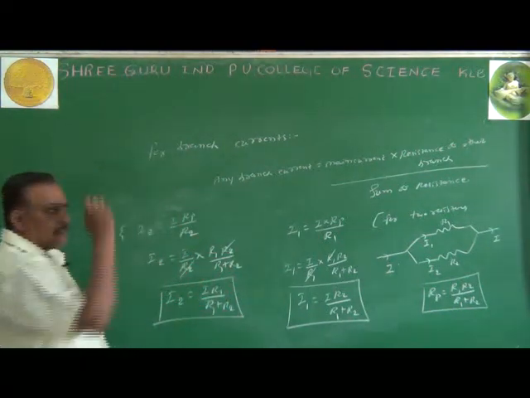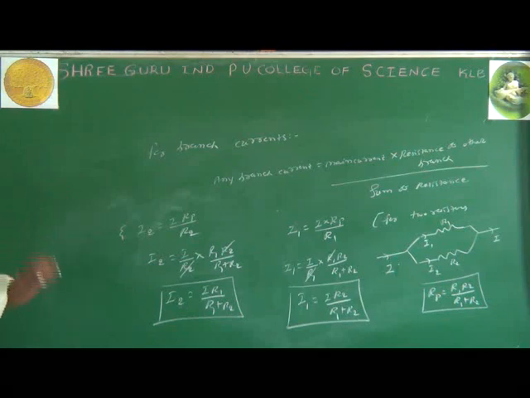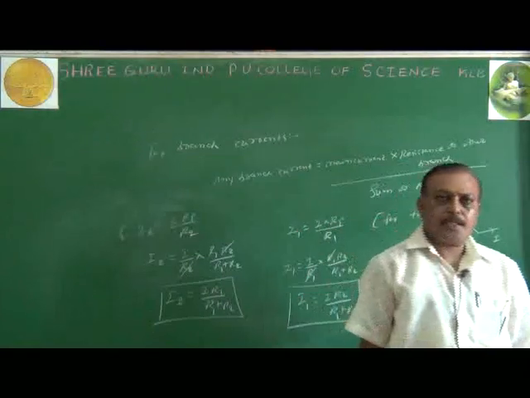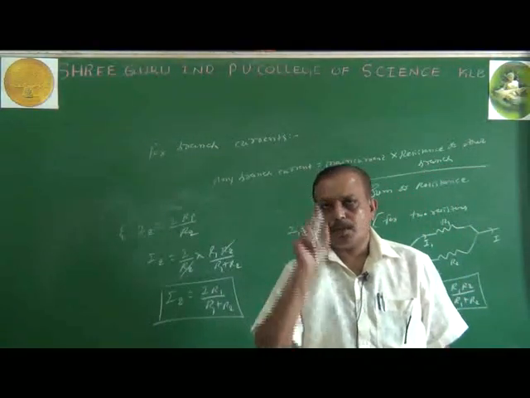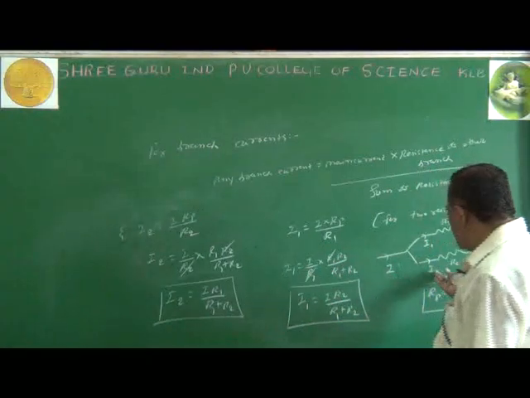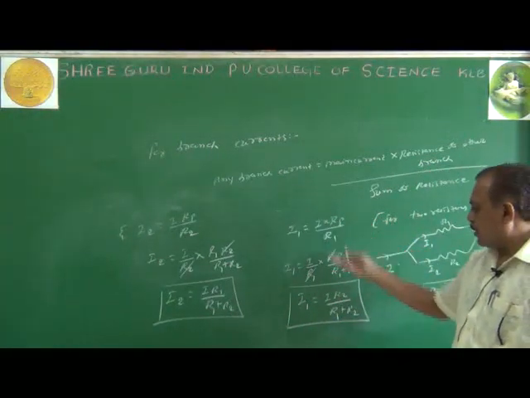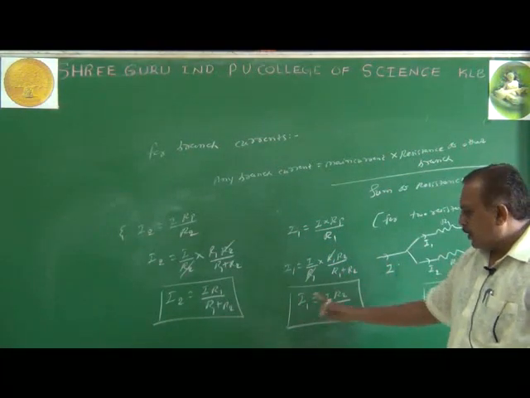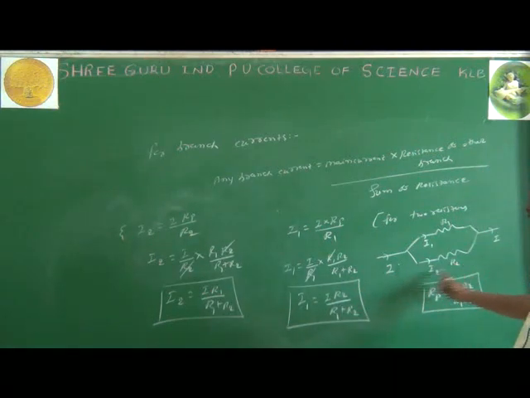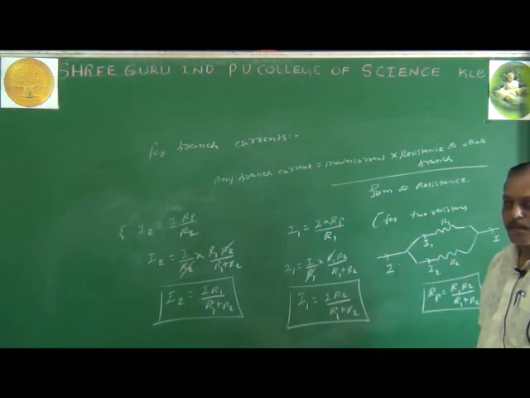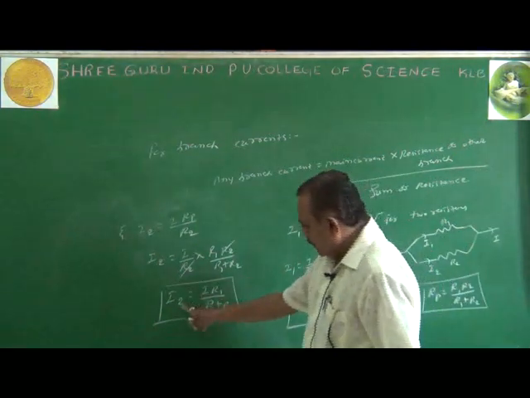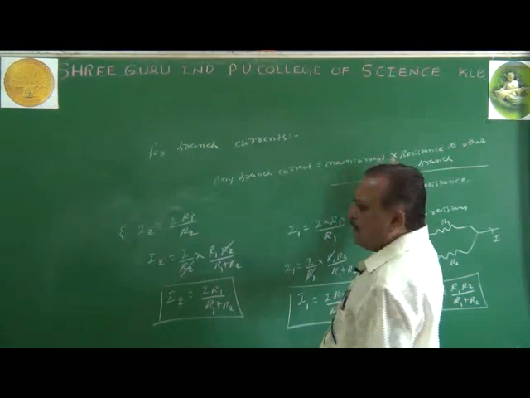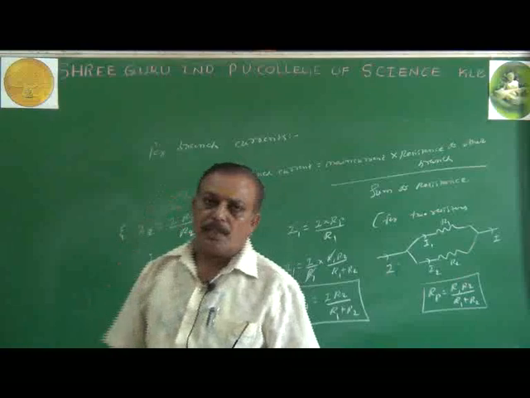We already did this in the parallel combination, but to make it separate so that students can easily understand without confusion, we have derived branch currents once again by taking only two resistors. I used the equation from the parallel combination and once again arrived at the result. Any branch current is equal to the main current into the resistance of the other branch divided by the sum of resistors. This equation is valid and easy to understand when only two resistors are in parallel.